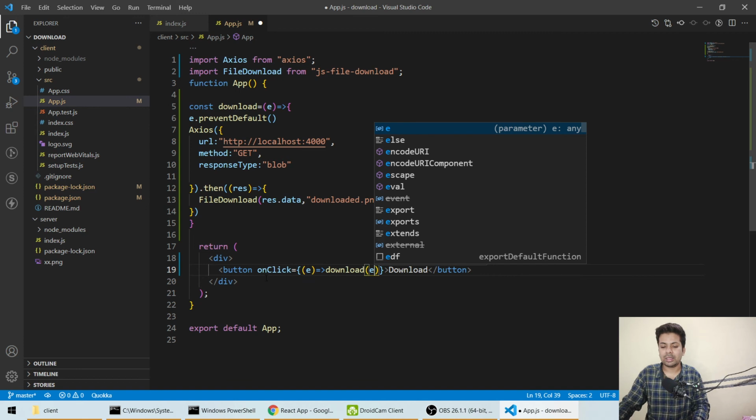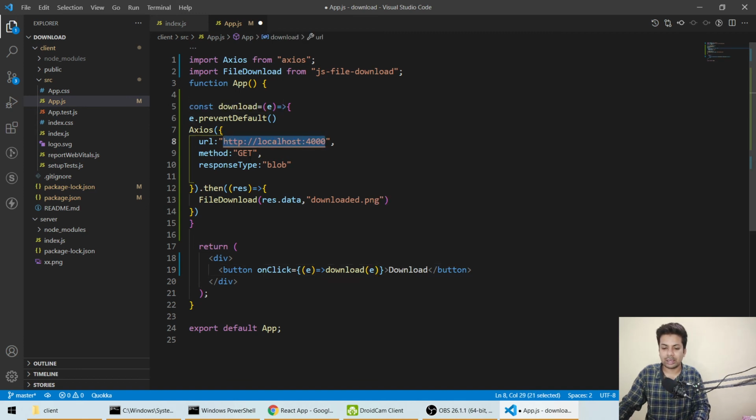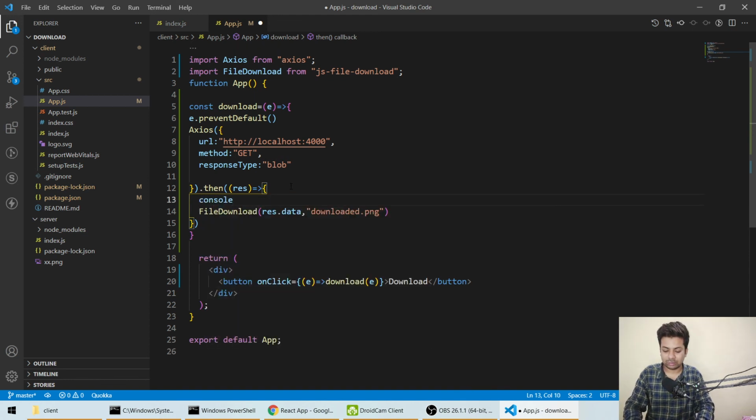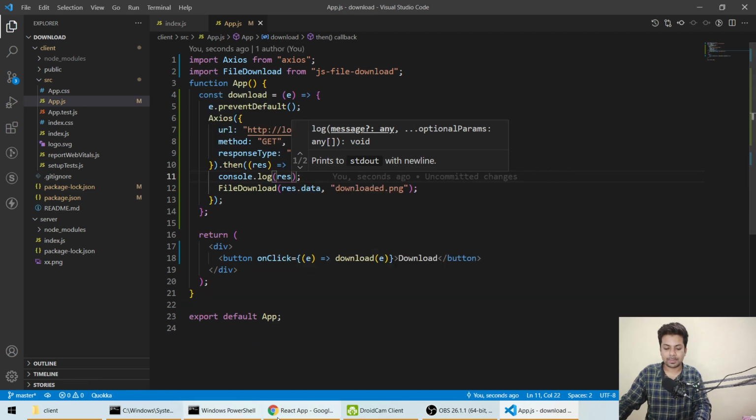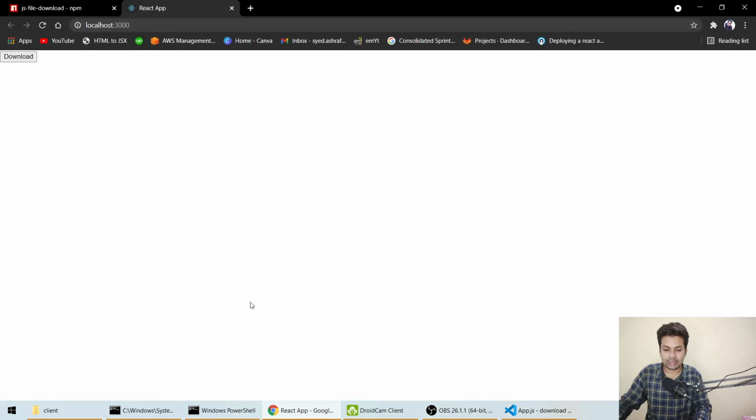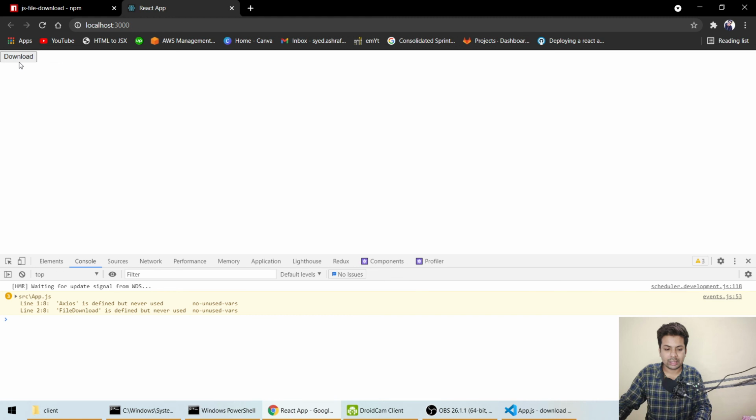Normally we'll click this button, it will send the get request to this URL, and the response type is blob. After that we'll say fileDownload response.data. Let me also console.log the response, what response we are getting, so I can show you. Okay, everything's fine. Let me open the inspect tab, go to console, and do it.